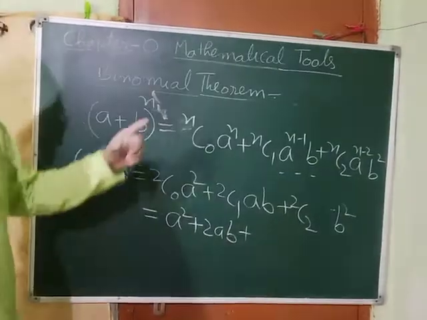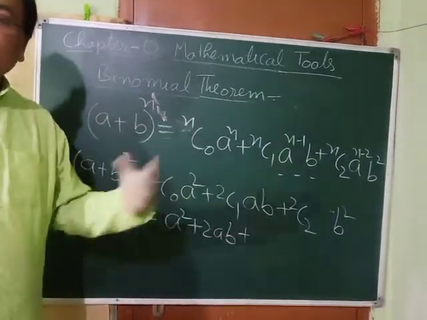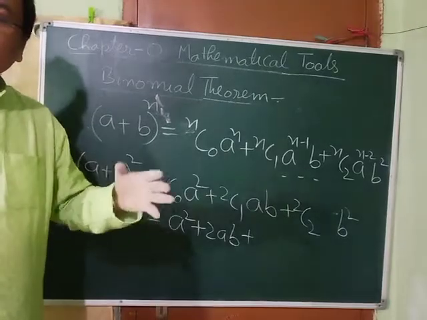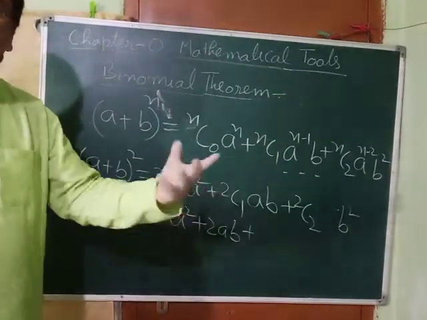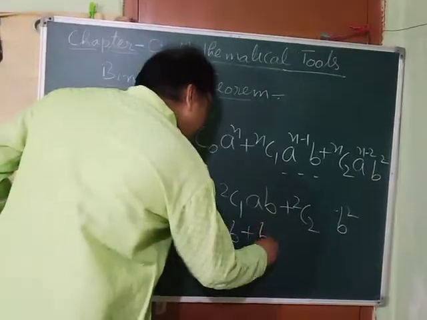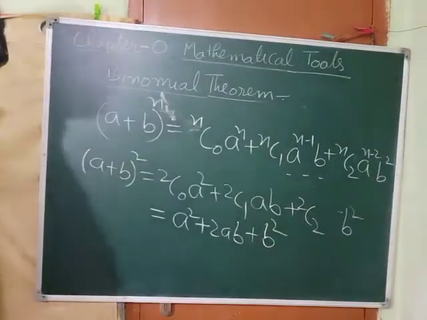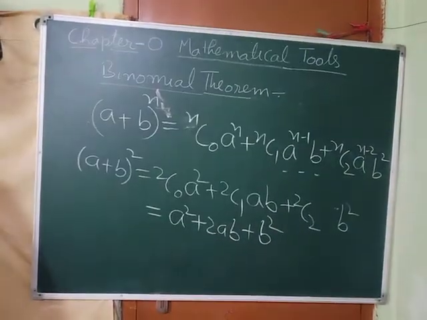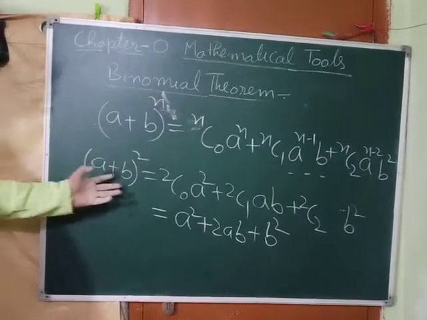What is NCN? NCN is 1. So 5C5 is 1, 10C10 is 1, 2C2 is 1. 1 into b square is b square. Is this your formula? Yes. If you are going to find it mathematically, you have to do